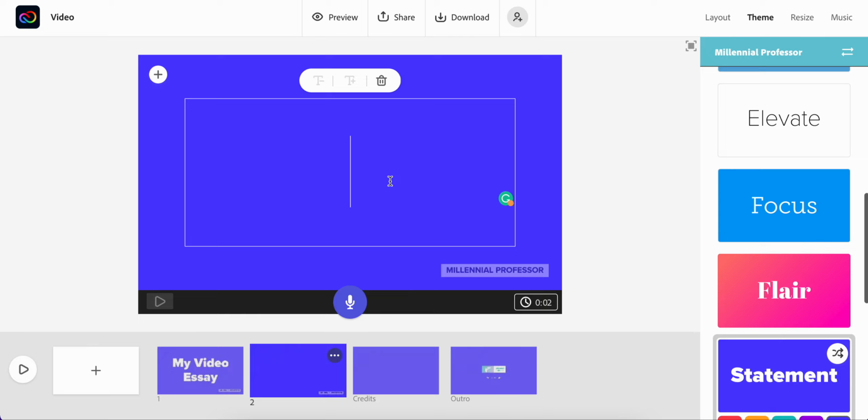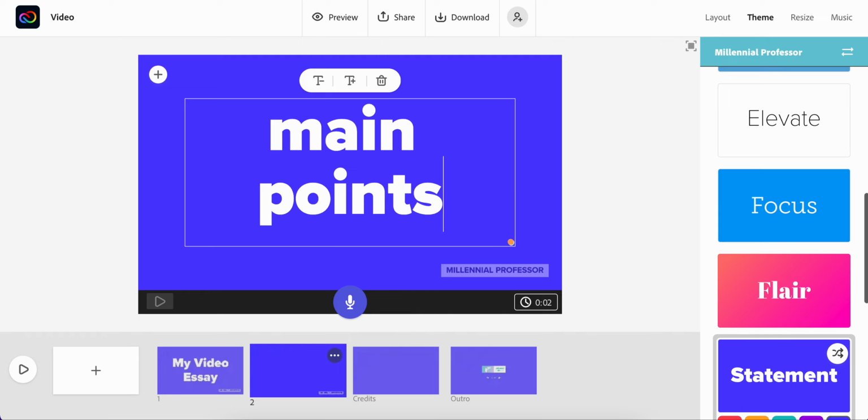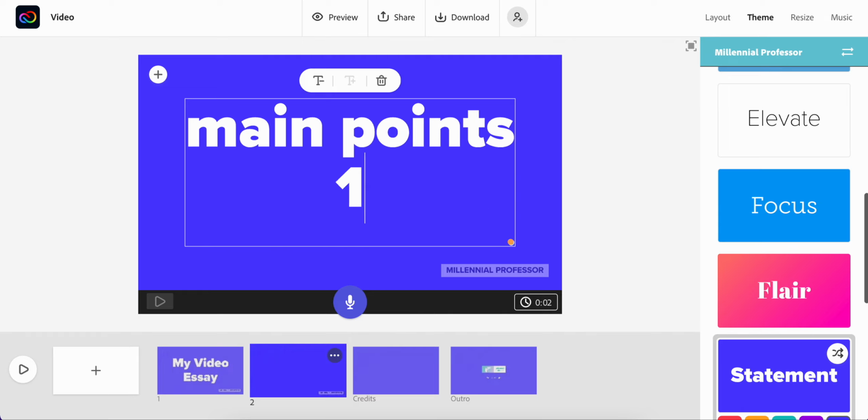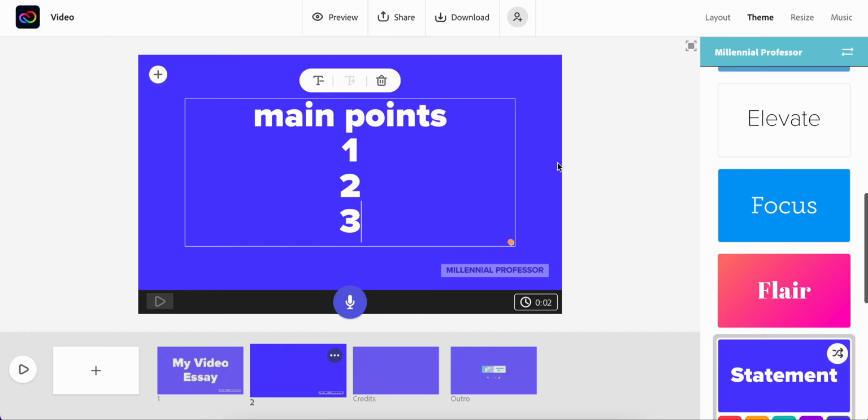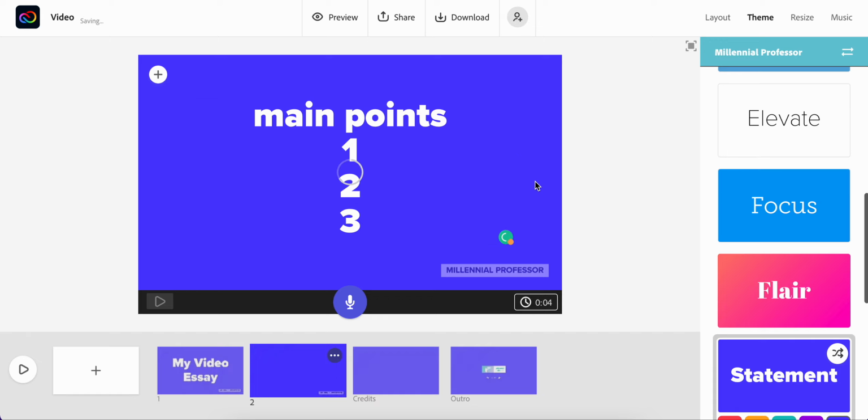So maybe you want to write out the main points that you want to discuss and then go more in depth with your narration. So I'm just going to write main points and then maybe 1, 2, 3, something like that. And then I also want to add a bit more of a visual element as well. So I'm also going to want to